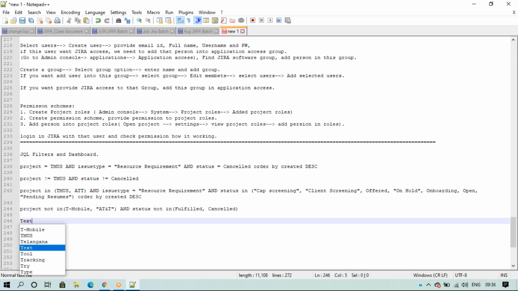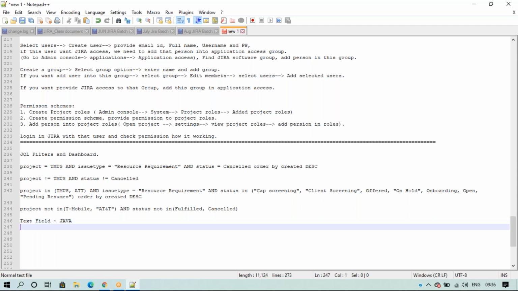So for a text field, we can select, suppose, Java or a name or anything. With not equal to, except Java, anything remaining you want, you can select it. And we can also write text field is empty. If it is not mandatory and any person is not selected, we can select based on this is empty. We can get that information, or is not empty.